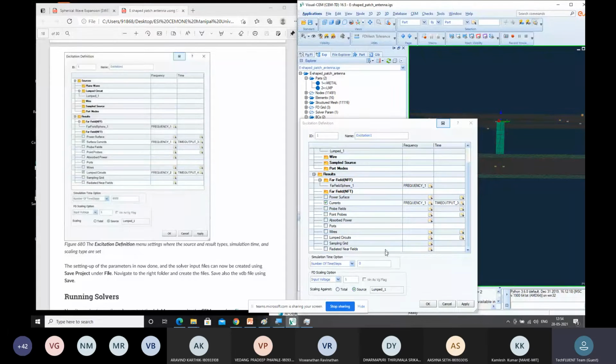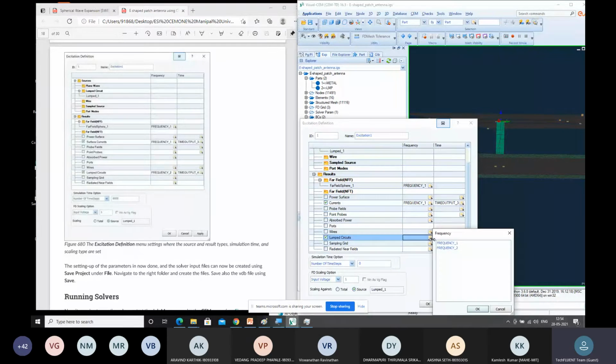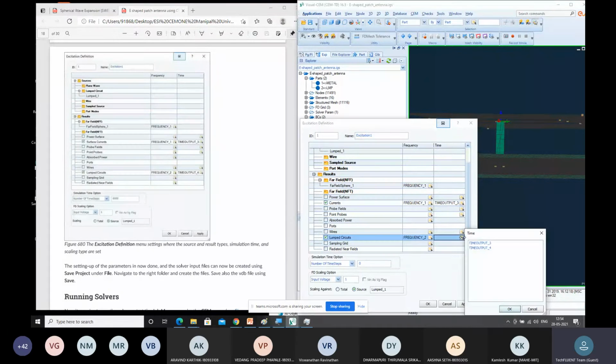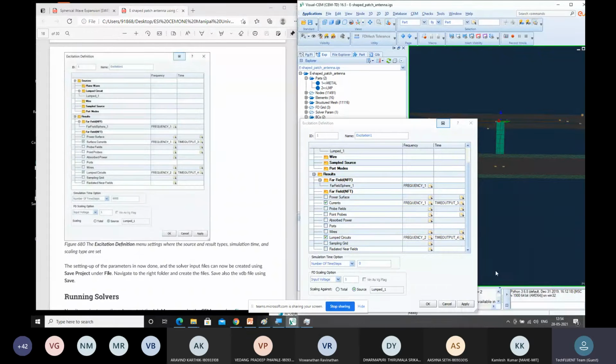Similarly for lumped circuits, whatever I want to analyze, this is for the whole frequency sweep. The whole frequency sweep is allocated in frequency underscore 2. I'll show you what is frequency underscore 2 and time output underscore 2. I want to allocate lumped circuits for all the samples, so I have to go with a time sample of 2. So I'm done with these particular assignments.